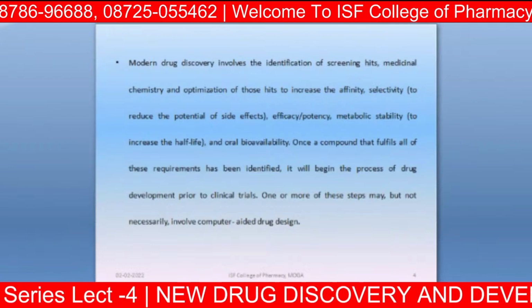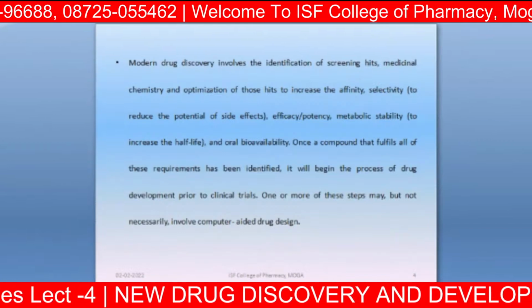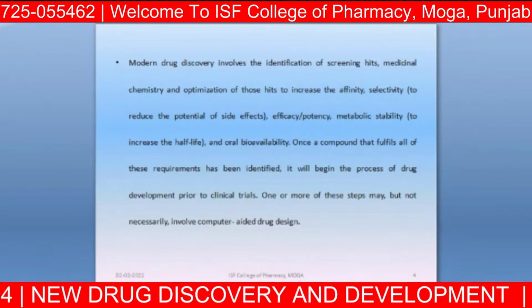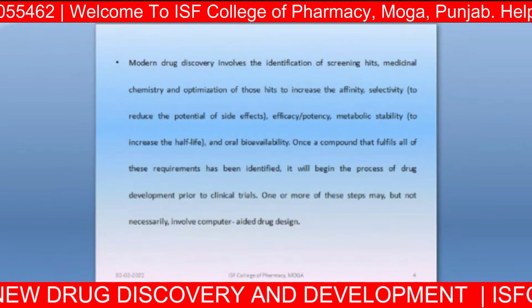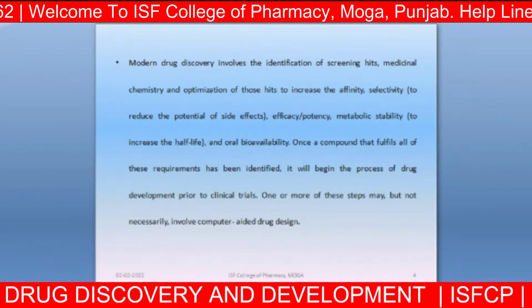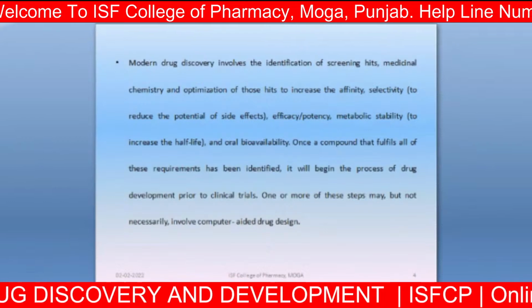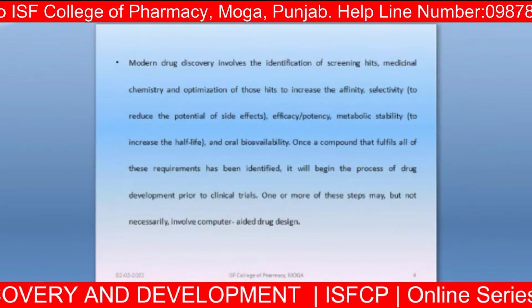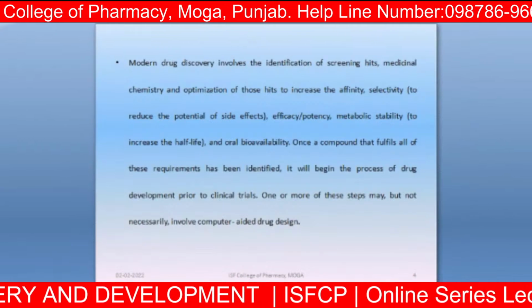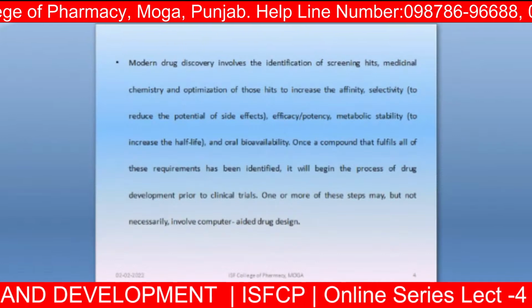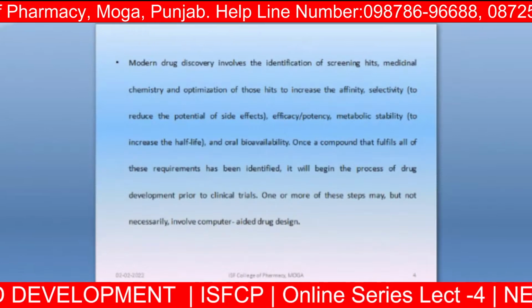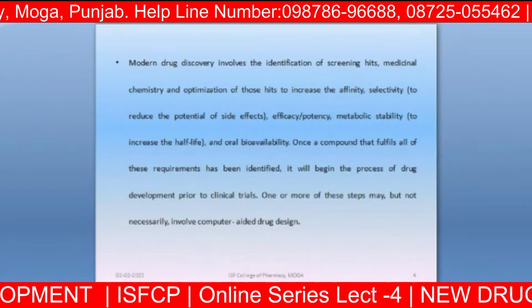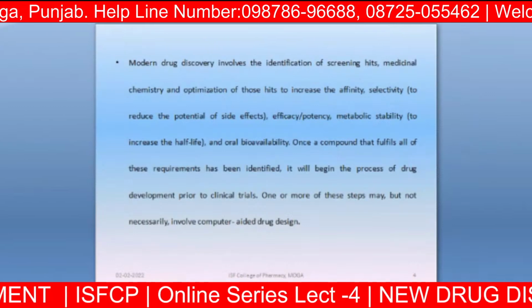But what is the barrier in this case? The barrier is the BBB, the blood brain barrier. So researchers are working to increase their affinity and selectivity. Now the question comes to mind: what will happen if a particular formulation or drug does not have proper selectivity or targetability? Let me give an example. Suppose 100 mg of drug is introduced to the patient. How much drug? 100 mg.